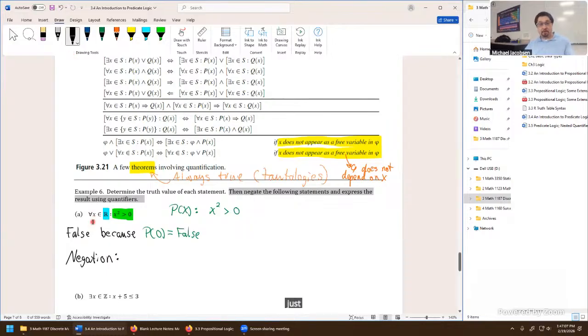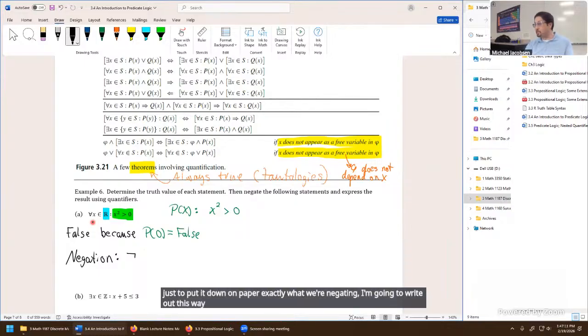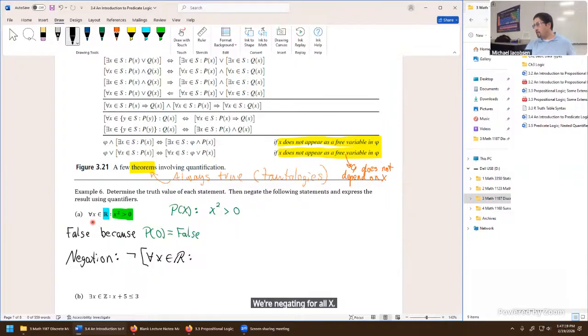Just to put it down on paper exactly what we're negating, I'm going to write it out this way so the notes look a little bit more readable. We're not just writing down a statement coming out of nowhere. We're negating for all x in R, x squared greater than 0. This will be logically equivalent to there exists an x in R such that x squared,